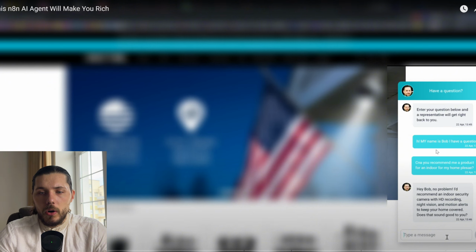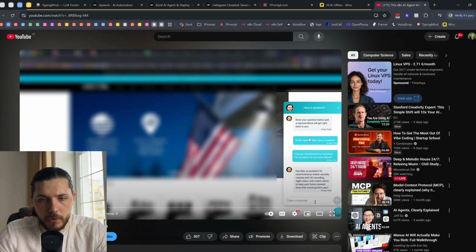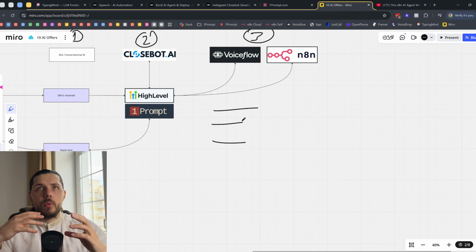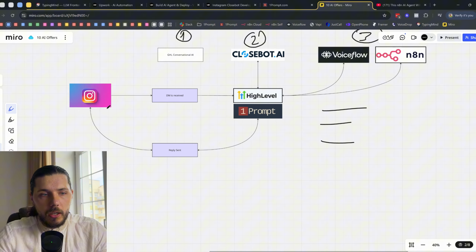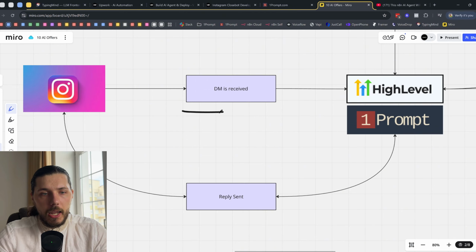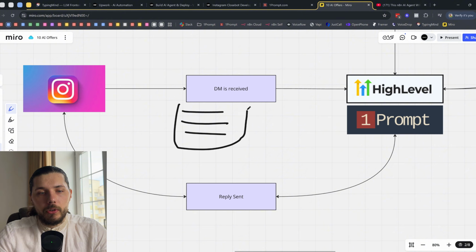As you can see, there is a message 1 and there is message 2. Usually people are talking to each other in multiple messages. When the DM is received, it's usually, hey, how are you? I have a question. Do you have this? The CloudBot will not be able to handle it.